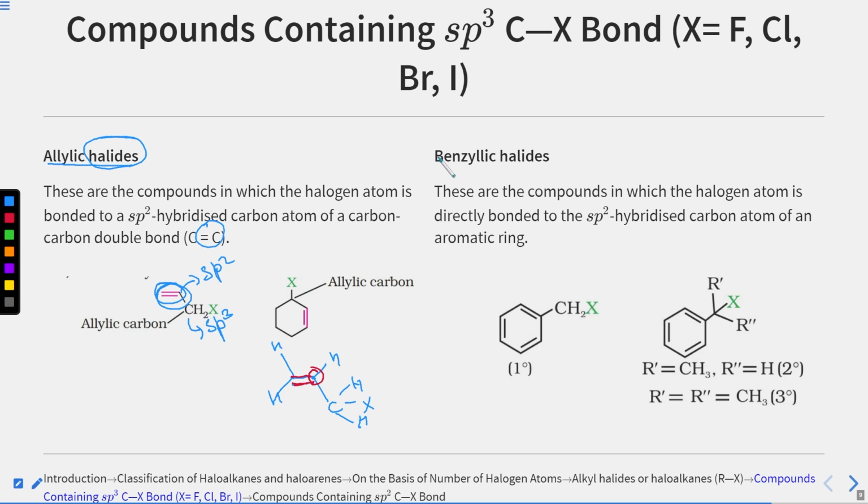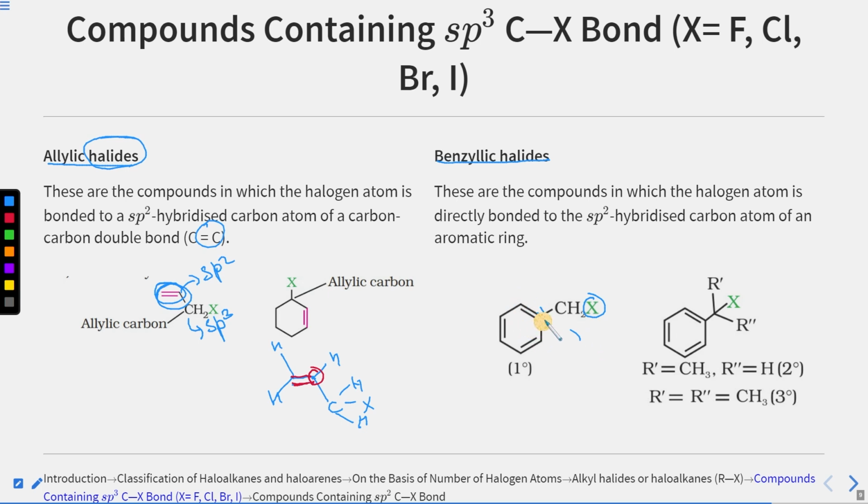Next we have the example of benzylic halide. So if you look here, do not get confused about why we are not stating this as allylic only. Okay, so if you look at it, at one instance you will say that this is the sp3 carbon to which the halogen is attached, and this carbon is instead attached to that carbon which is sp2 hybridized. But you look here that it is not completely sp2 hybridized, because we have a kind of conjugation here due to